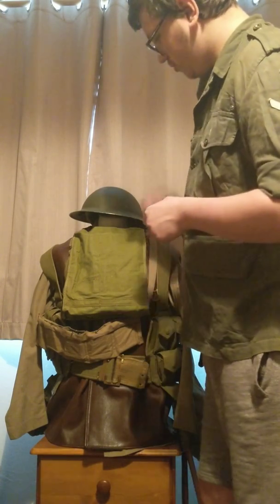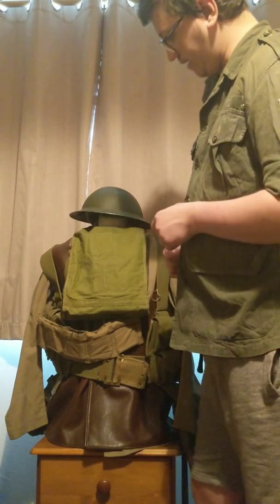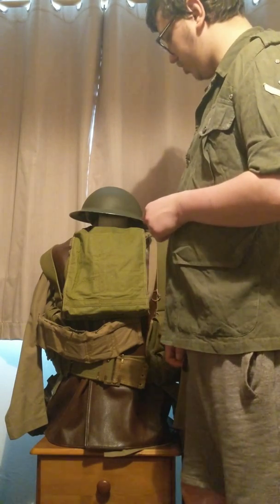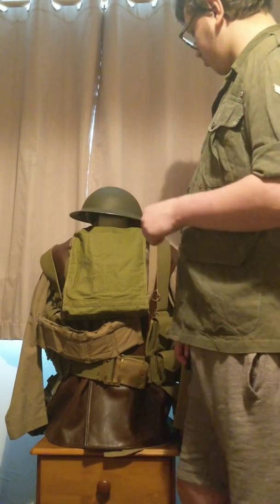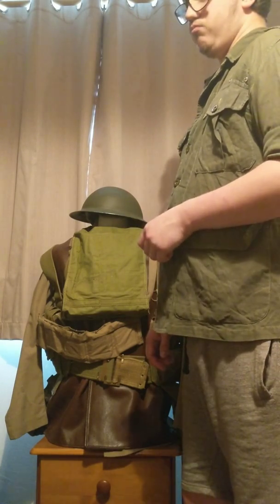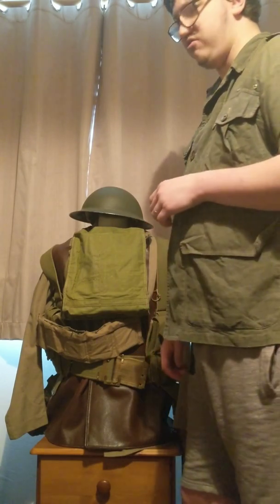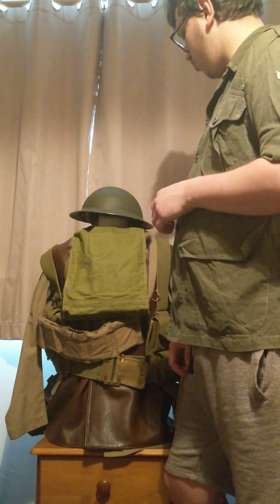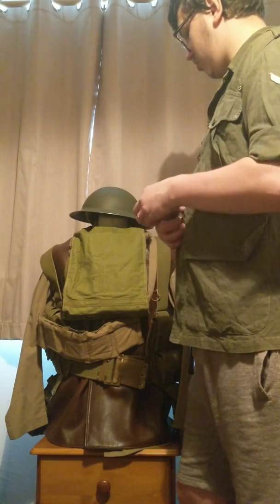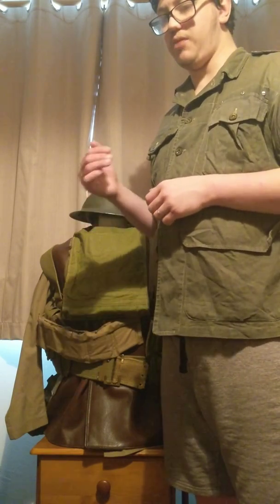Moving down again, before we get into the main equipment, we have a bandolier here containing 50 rounds of .303 for the use of the rifleman. So especially going on from, say, things like the Somme, guys were being issued with a lot more ammunition than standard, especially later on in the war. Say for the assault, to be able to attack a position, fight the enemy in that position,